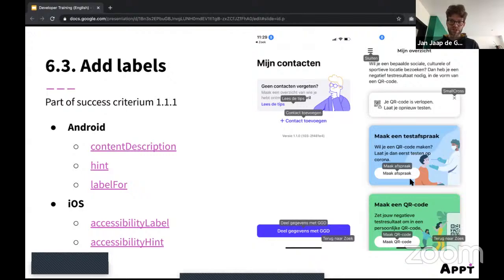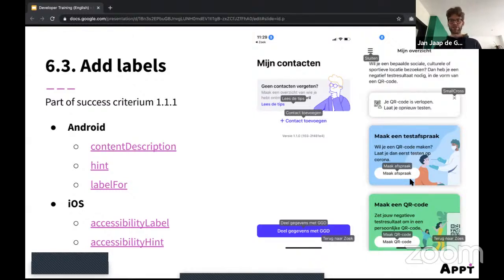But it should be named close, because the action is closing the pop-up. And it's the same for some other kind of bars. For example, you can see in the Mijn Overzicht on the left, you can see the hamburger menu, but the label is set to close, even though it's opening, it's not closing. So you need to make sure that labels are not only set, but they're also updated when the state changes. If your menu pops out, then the icon label should be close, and when you close it, then the label should be open menu.